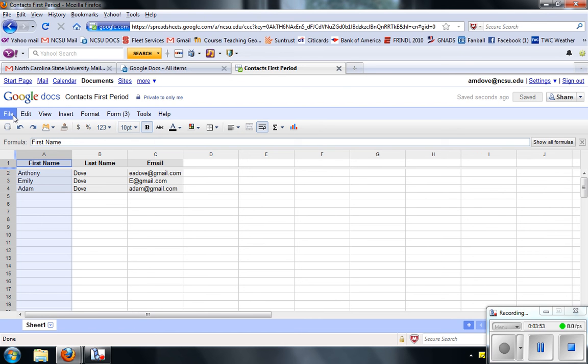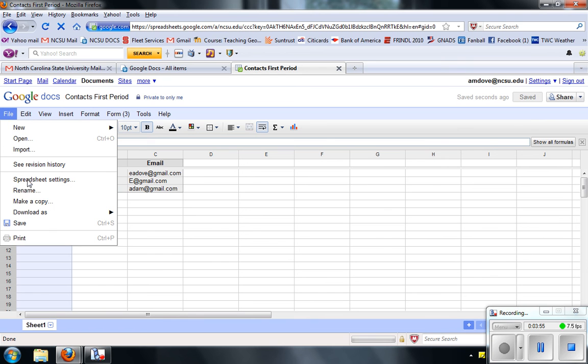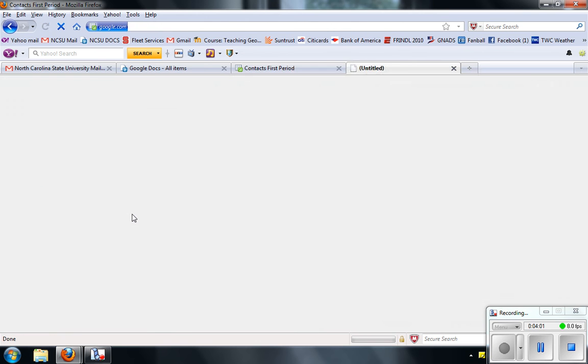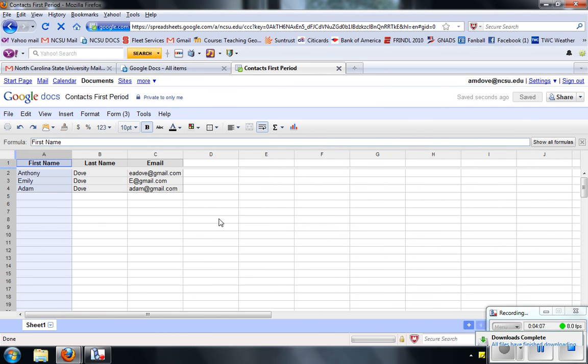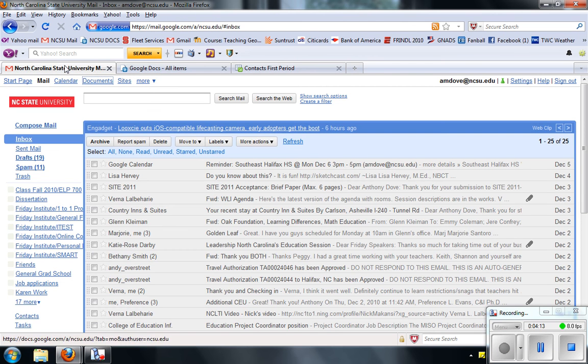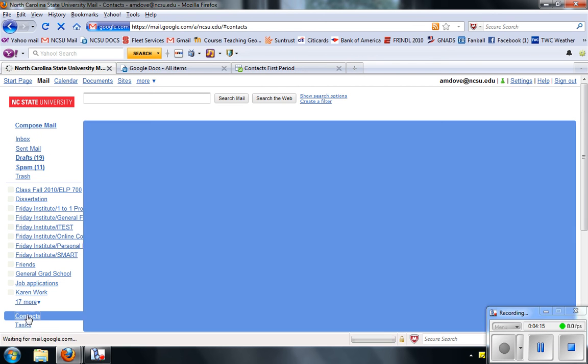Next part, I go File, I go Download As, and I'm going to download it as a CSV. That's important. And I just save file, and you can save it wherever you know you can find it. Mine saves automatically to the desktop. So now I can go back to my Gmail, go to Contacts,